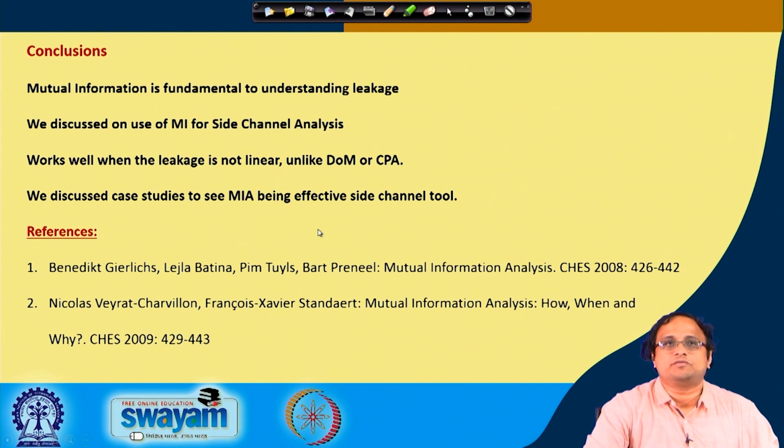So, the mutual information is quite fundamental to understanding leakage. We discussed the use of MI for side channel analysis. It works well when the leakage is not linear, whereas DoM or CPA work probably slightly better when the leakage is linear. MIA will probably work better when the leakage is not linear. And we discussed several case studies to see how MIA works and is an effective